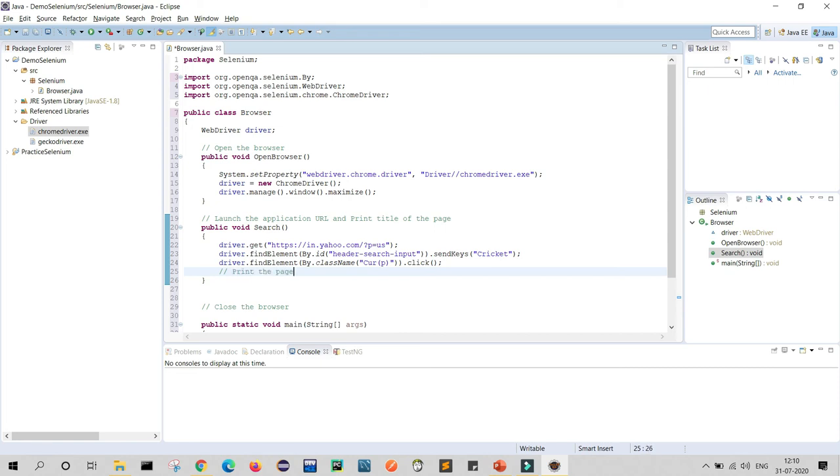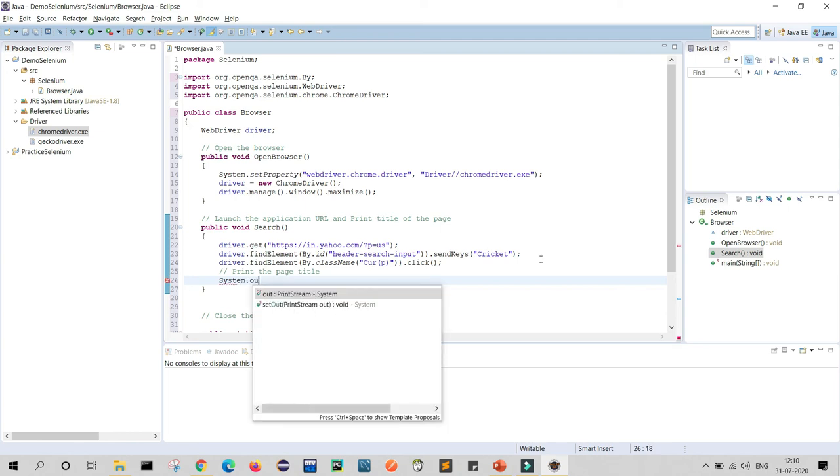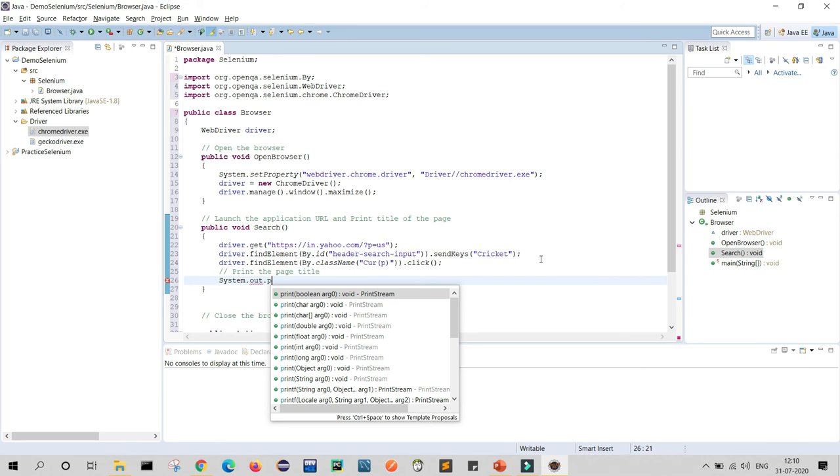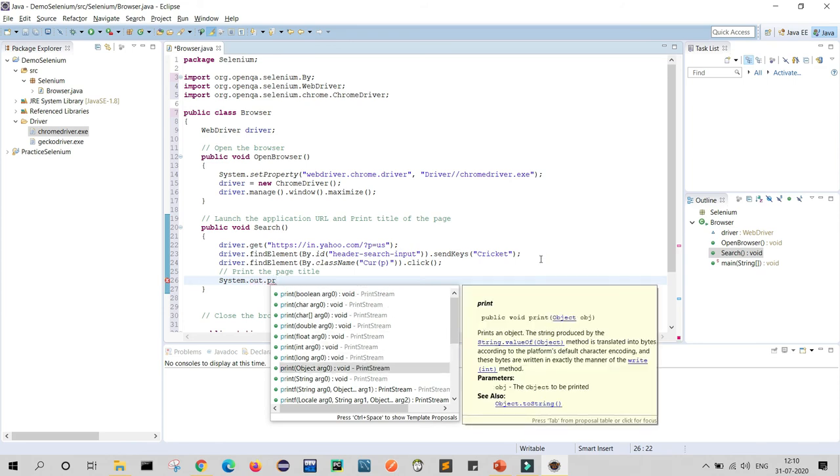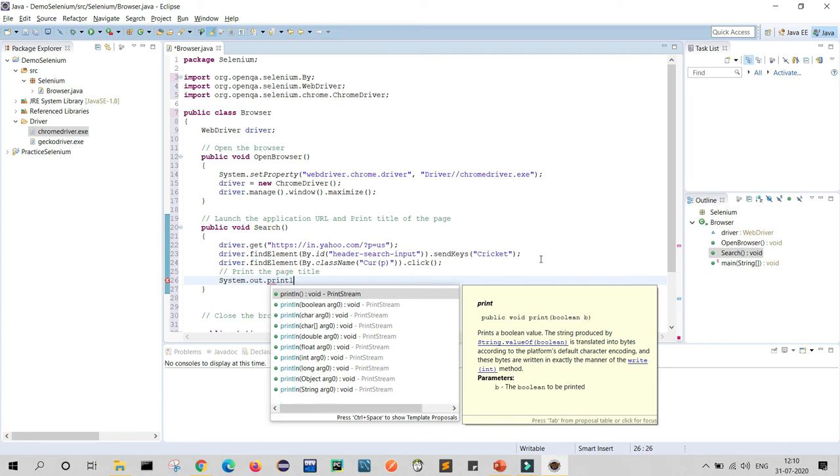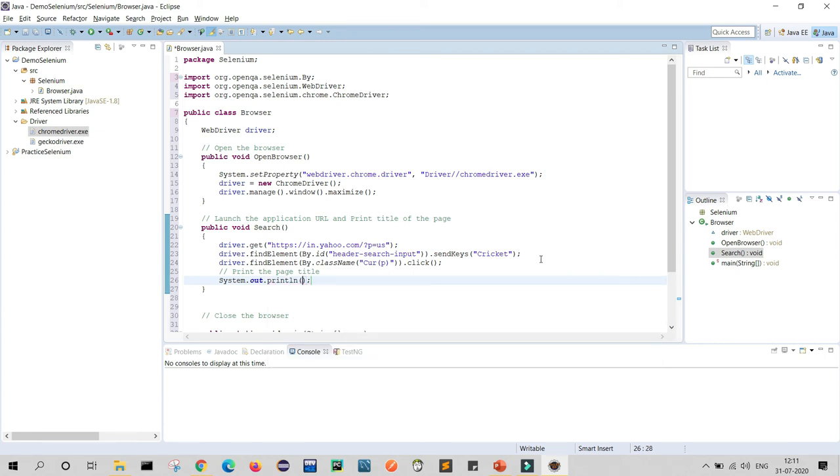I will write system dot out dot println, and here in inverted commas, the title of the page is, plus driver dot get title.